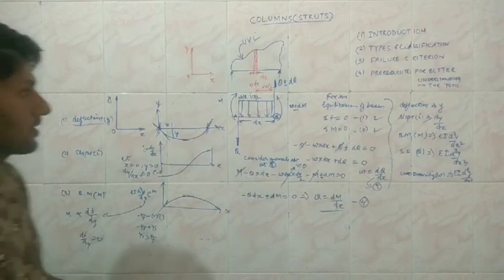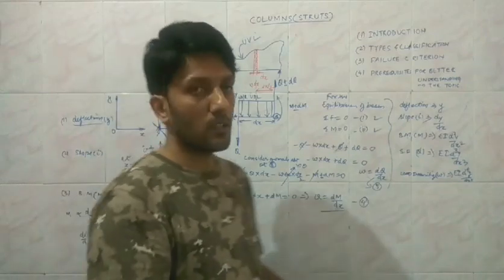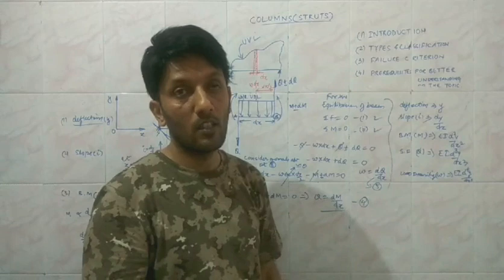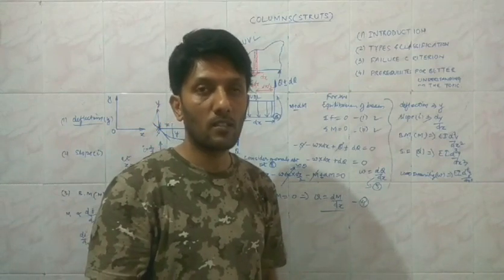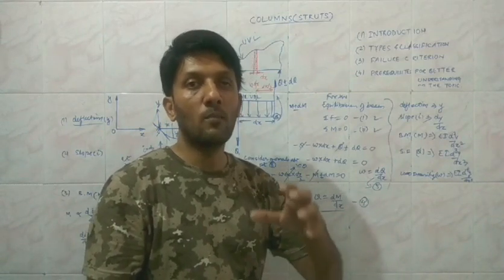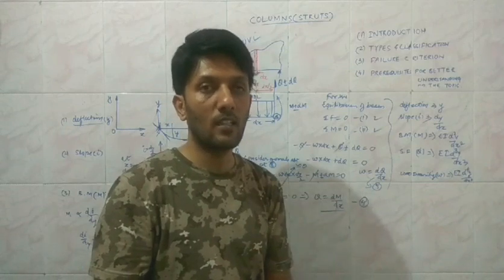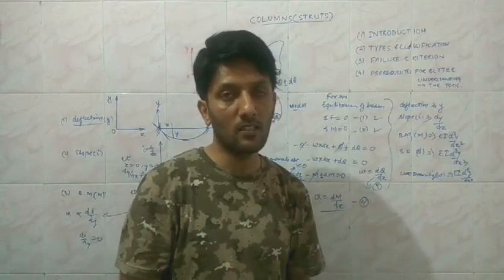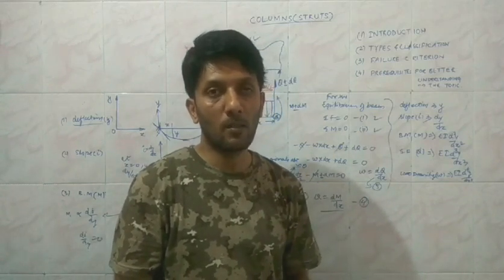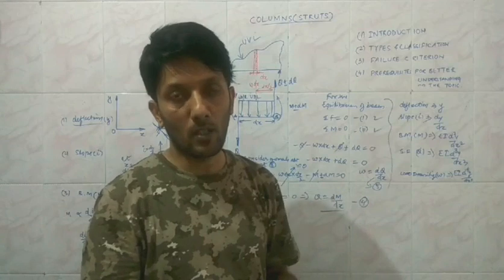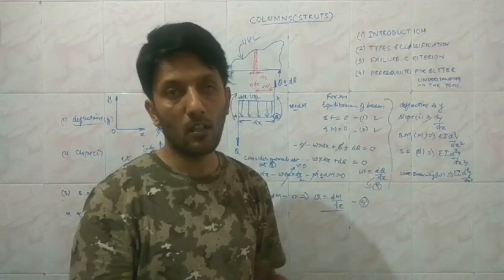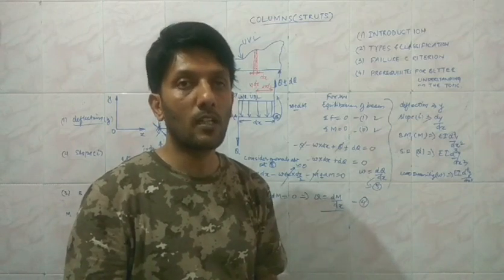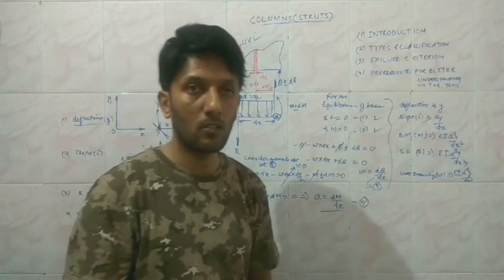So these are the prerequisites which I consider important for a better understanding of the topic, that is, columns and struts. What we are trying to find out in columns and struts is the limiting value of the load beyond which subsequent loading may result in an unstable condition, and stability is therefore considered the criterion of failure for such components. So actually we are going to find the value corresponding to neutral equilibrium, as we have discussed before.